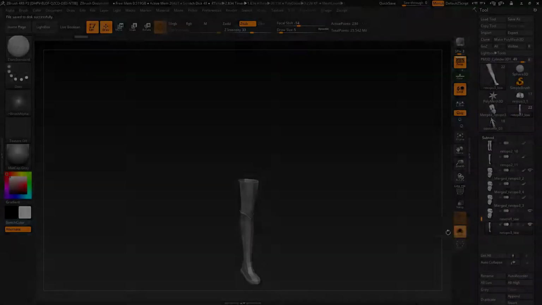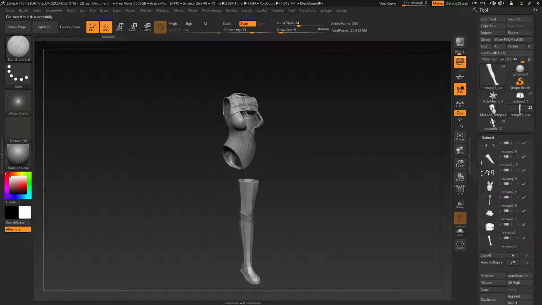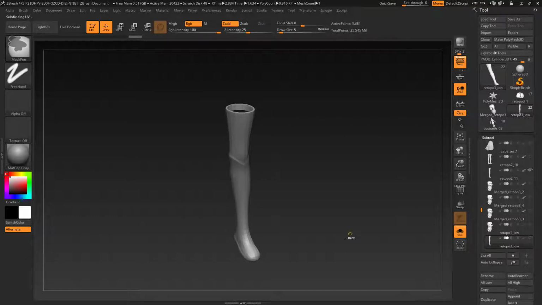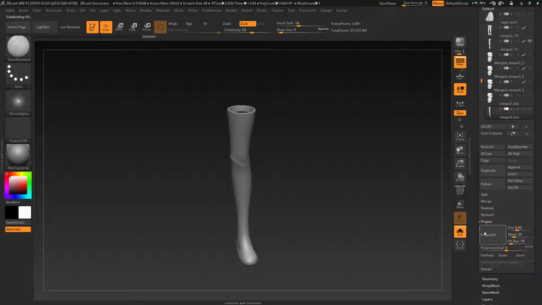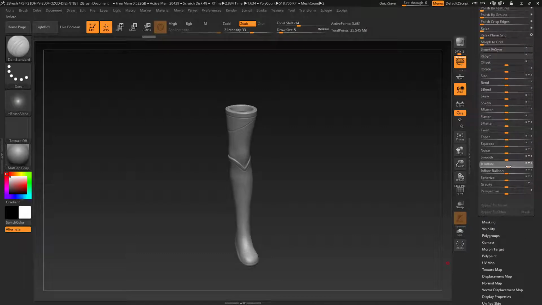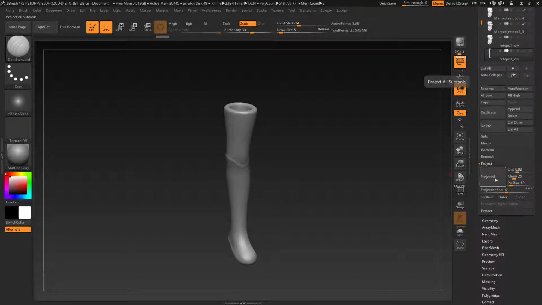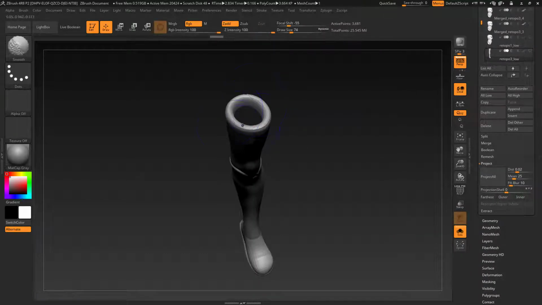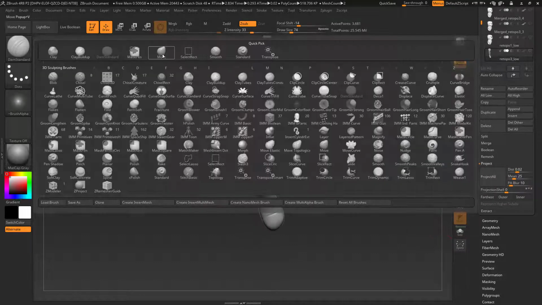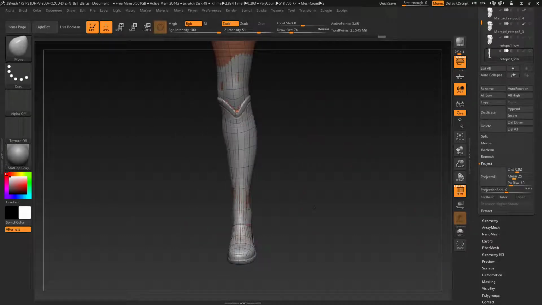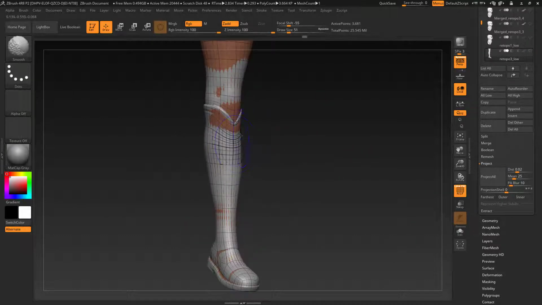So next we are going to do the boot, and same as before, I'm gonna subdivide and start projecting over, and maybe inflate a little bit, just to encapsulate the whole mesh when I reproject. I'm just gonna have to adjust the top there. As you can see, it's going a little bit inside, so I need to manually extend it before projecting it,